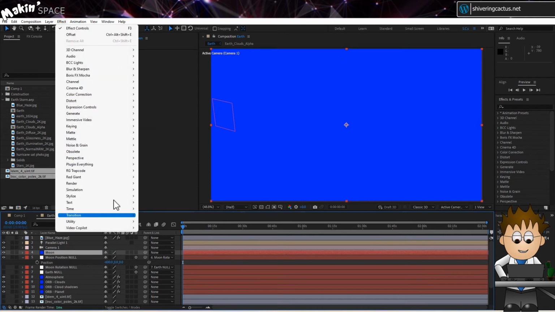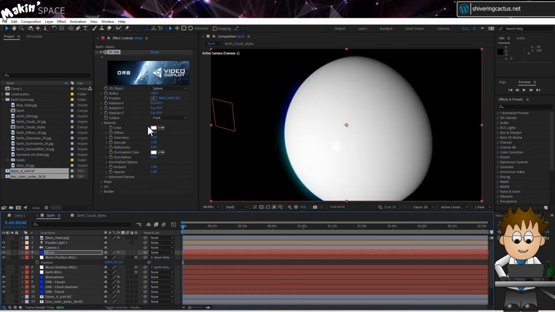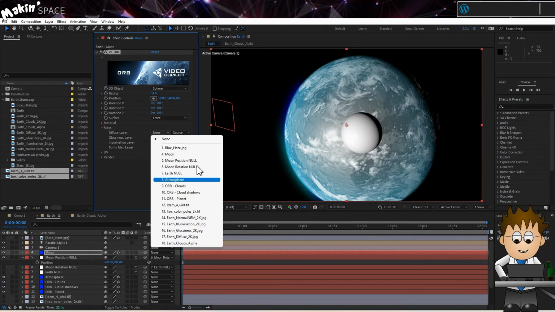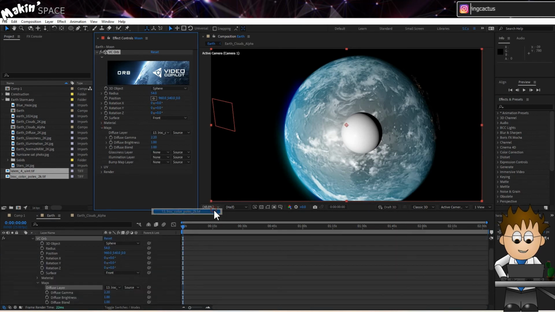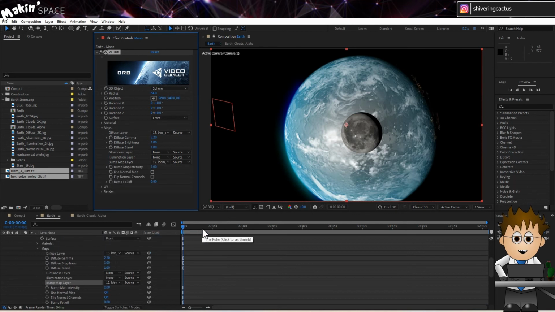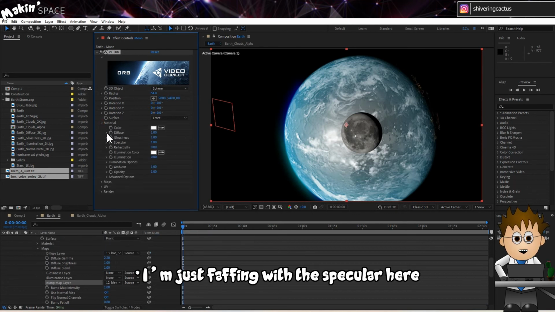Add the orb effect, and set its radius to be 1/3 of Earth's. I make that 54 pixels. In map, set the normal texture to rock color poles, and the bump to use the dem unt. Presumably that means something to someone. We can't use our pick whip trick to link the moon to the moon null,